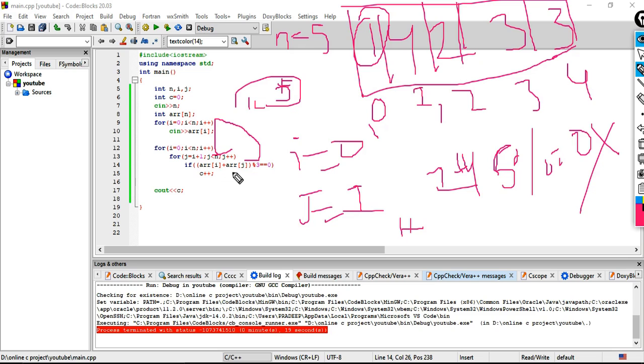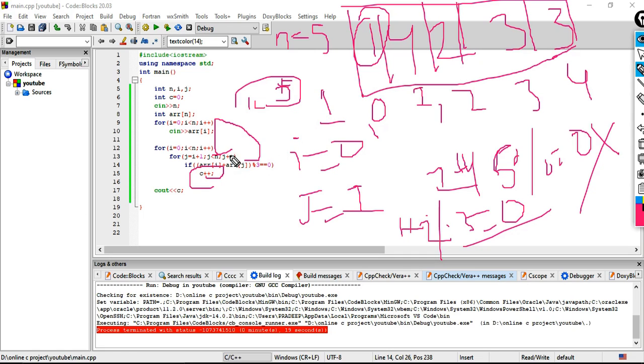Now j becomes 2. ar of 0 is 1, and at index position 2 the value in the array is 2. So 1 plus 2 modulus 3 is equal to 0. Yes, so the count is incremented by 1.